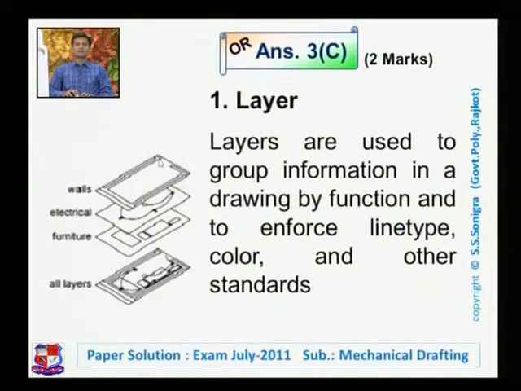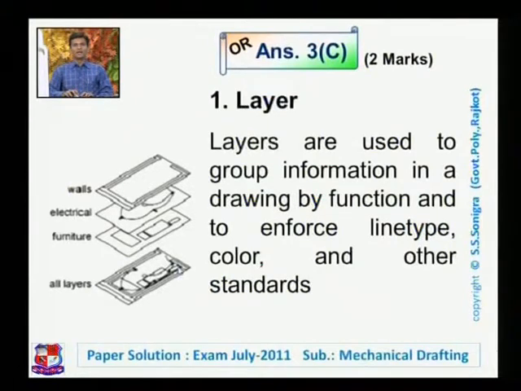We can change the layer color. Means if you want to change the color of all walls, with this layer command we can change the color of all walls, and the combination of these 3 layers would appear as a final drawing like this. Now if this drawing is drawn, and if I want to change the color of the furniture, what should I do? If the layers are not made earlier, then we have to pick up each furniture one by one. Then after that I have to change its color property.